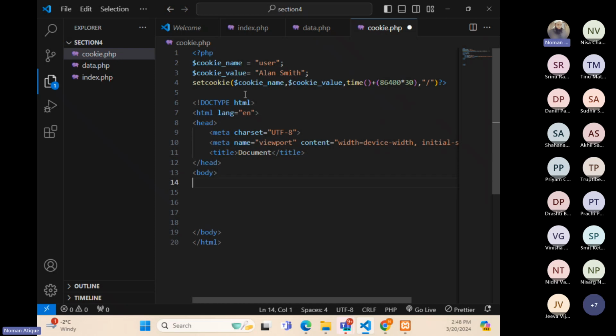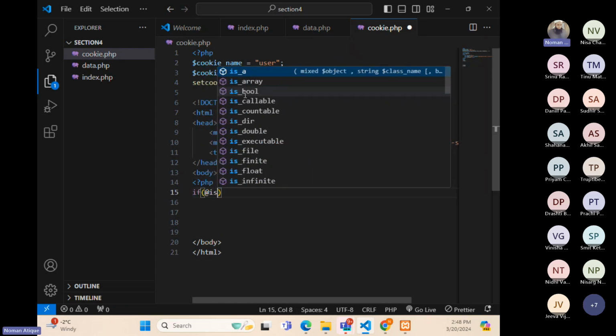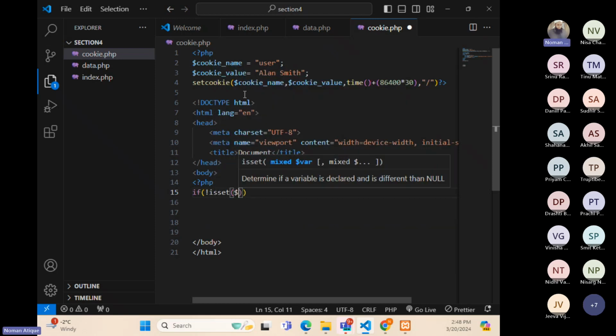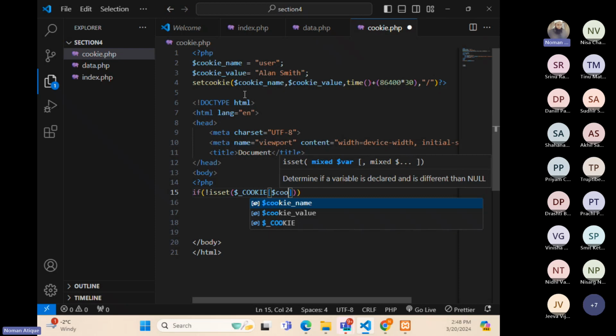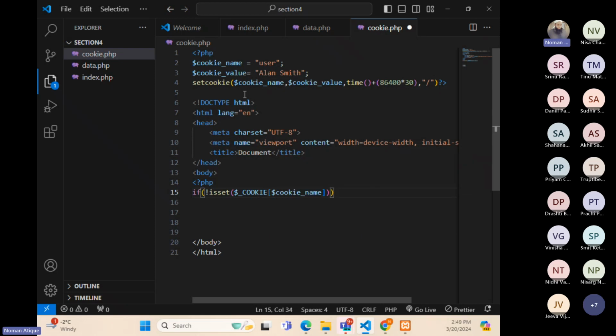Now in the body, I would like to check whether the cookie is set or not. So in PHP, I'll write if, there is a method called isset. If not isset $_COOKIE. Here is the variable that would be used to access that, and we have the cookie name over here. I'll just pass that. If the cookie is not set,